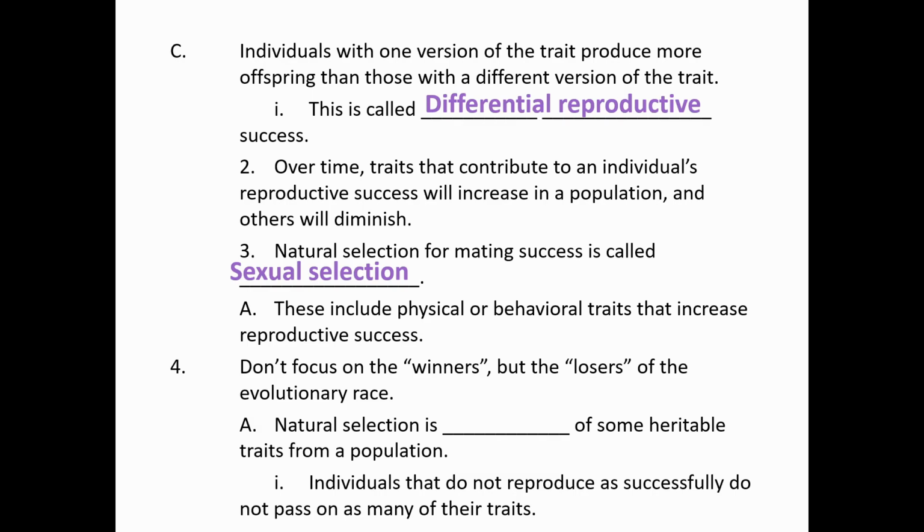Now, when it comes to mating success, finding a mate with natural selection, we call that sexual selection. So for example, with peacocks, it's a really over-the-top example, but if you're a male peacock trying to find a mate, you have to have the really big showy feathers, and if you don't, you're probably not going to find a mate. If you do, you've successfully mated, that you were chosen because the female thought you were attractive, right? So that would be sexual selection.